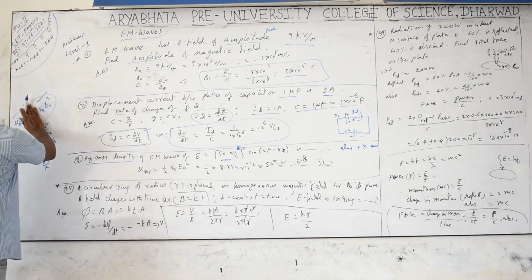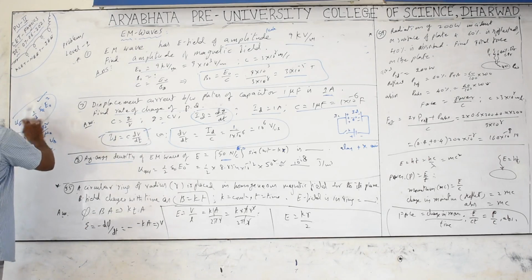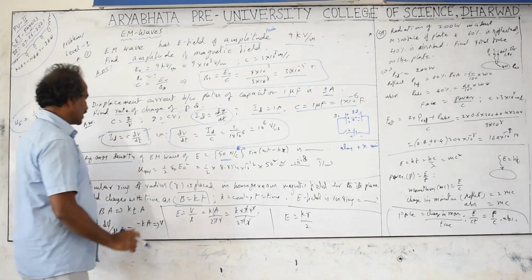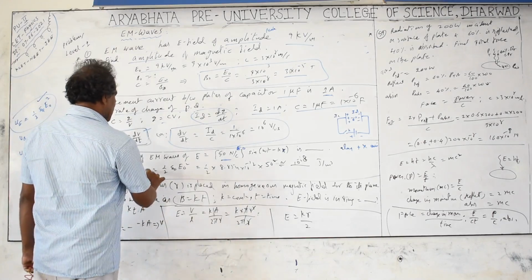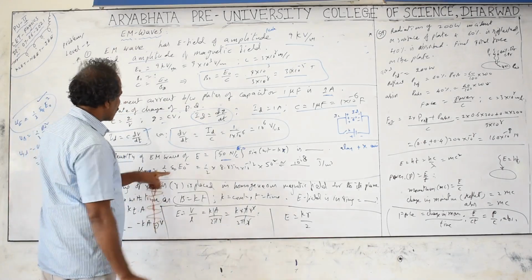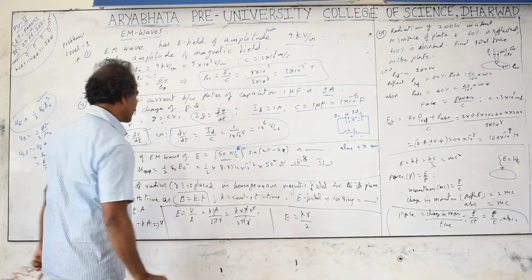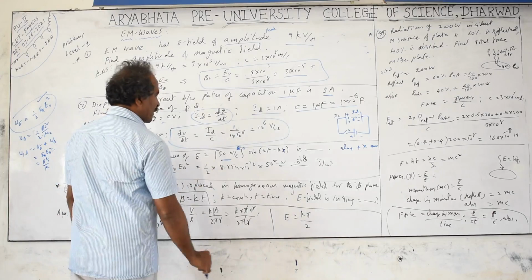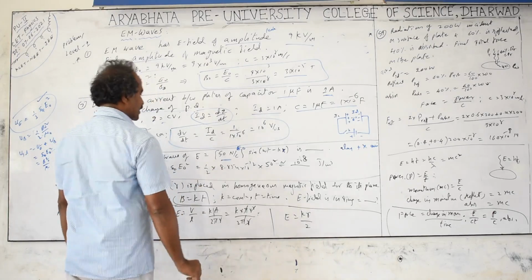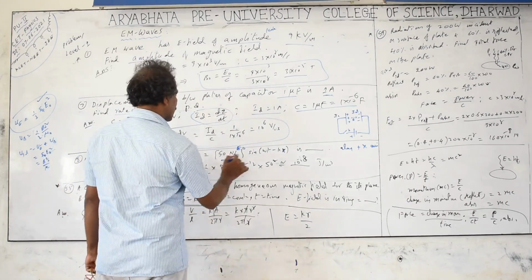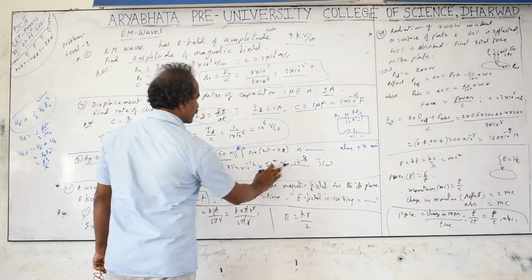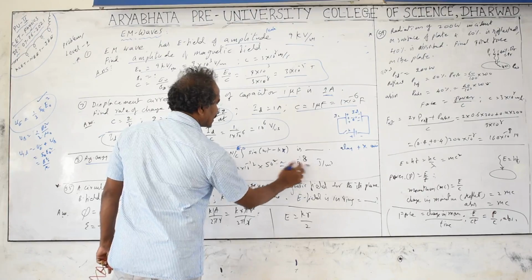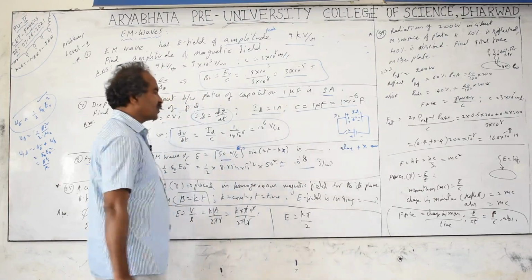Total is epsilon naught E naught squared, and for the electric field only it is half epsilon naught E squared energy density. So the average energy density for the complete wave, related to the electric field only, is half epsilon naught E naught squared, with epsilon naught equal to 8.84 times 10 to the power of minus 12 farad per meter, and E naught is 50, squared. This is nearly equal to 10 to the power of minus 8 joule per cubic meter.